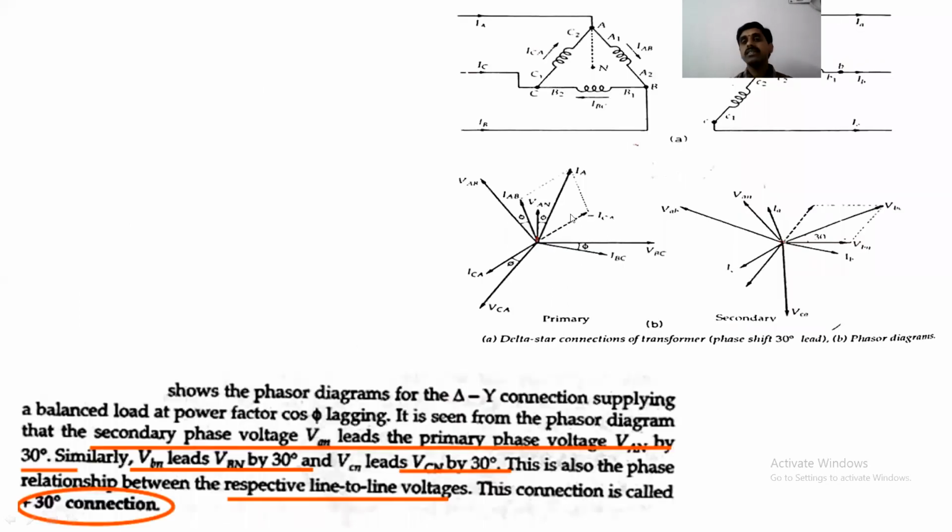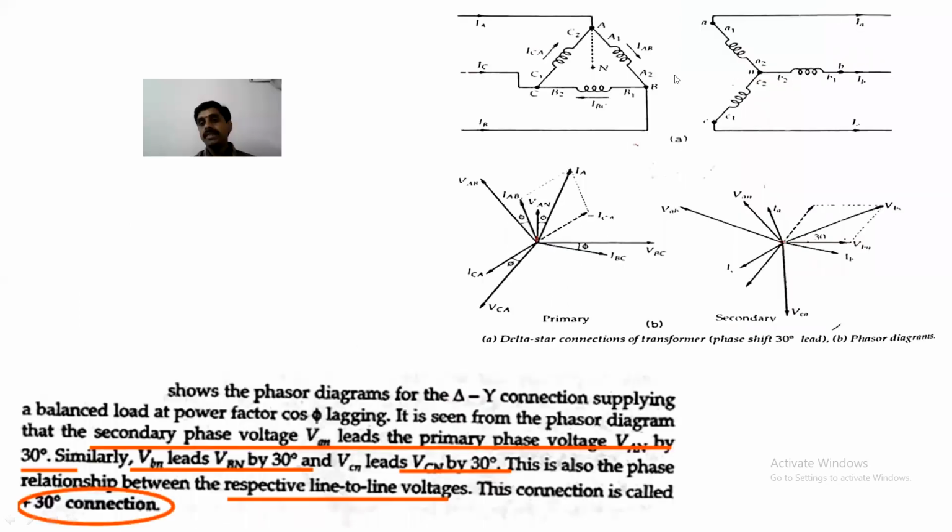So coming to the connections here, we observe there is a delta-star connection, a 30 degrees phase lead connection. You can observe here, this is the delta and this is the star. As I told, if you take this one as a reference, with reference to this position A, it has moved in the anti-clockwise direction to position 11. If it is position 12, it is at position 11 in the clock. That is called a 30 degrees phase lead. So for this, you can draw these phasor diagrams for all types of connections.